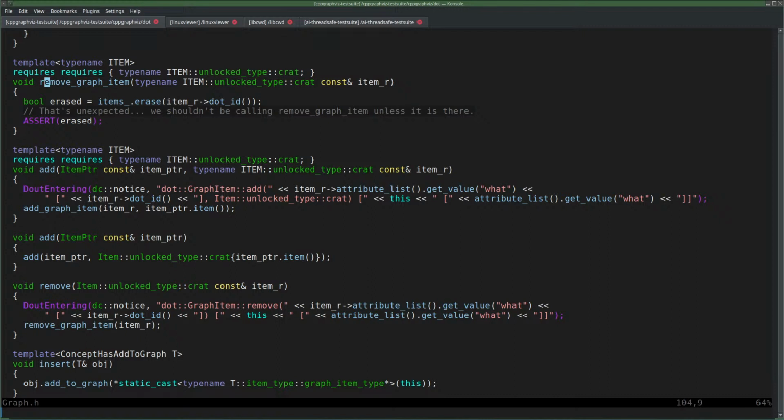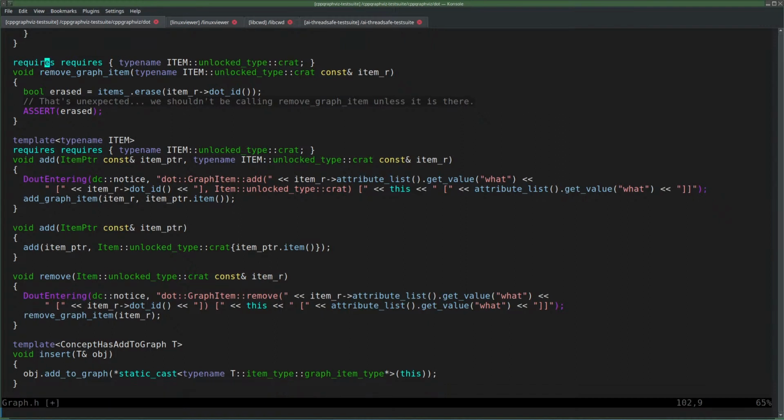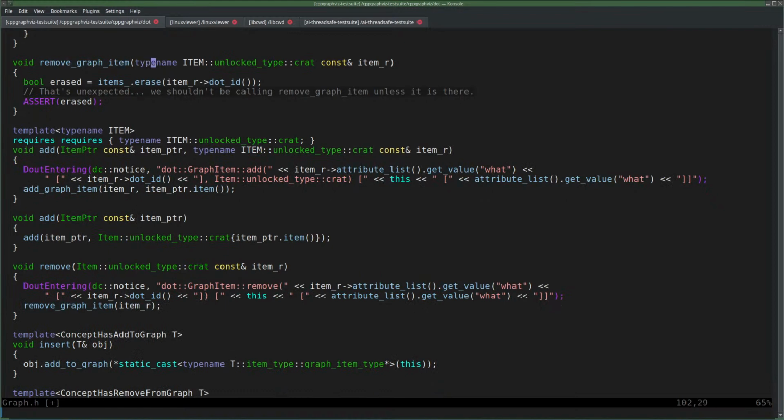Remove graph item. It's only being called with item. Don't get this.